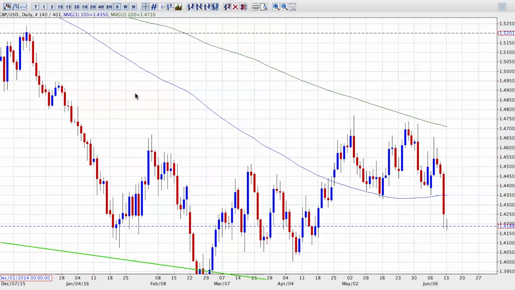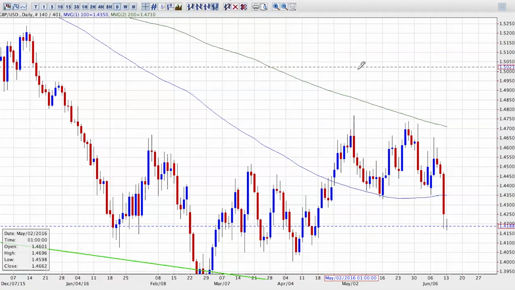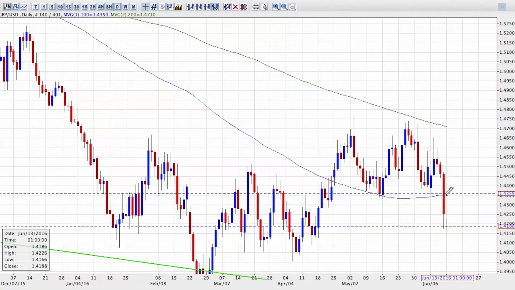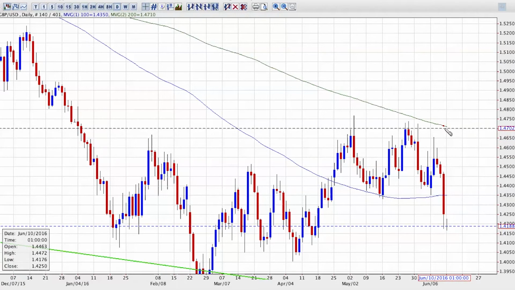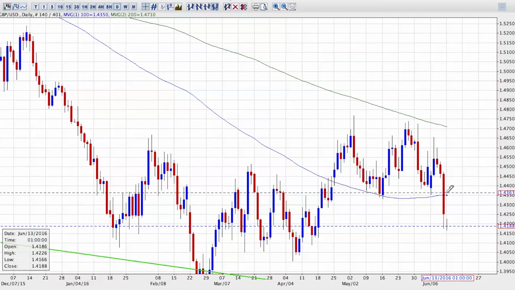So what we've seen in this pair since Friday, we've had a large move down. I mentioned last week that we were trading underneath the 200-day moving average, but also we've been trading above the 100-day. Well, on Friday, the opinion polls came out from the Independent newspaper showing that the Brexit camp to leave were ahead in the polls by 55% as opposed to the 45% stay. So that's caused a down move on Friday, and we've had a clear break here of the 100-day moving average